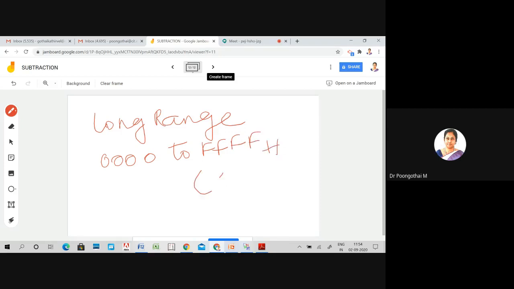So jump within 64 KB. Sorry, please note it down.